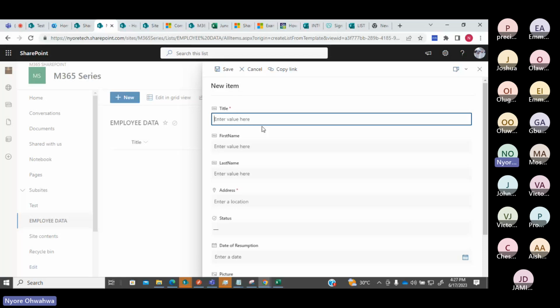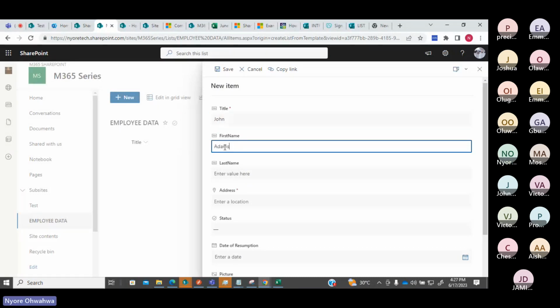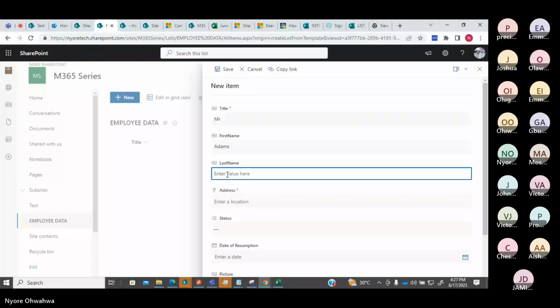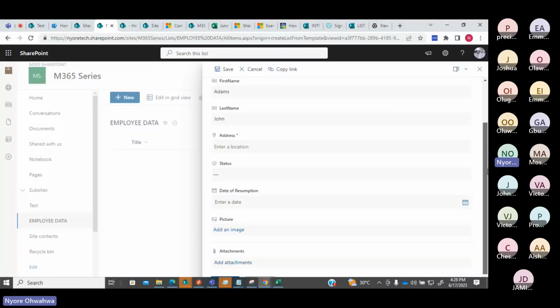Let's say John. Adams. No, sorry, Mr. Okay, if you look at these items, it doesn't show the option for full name because that is a calculated column.